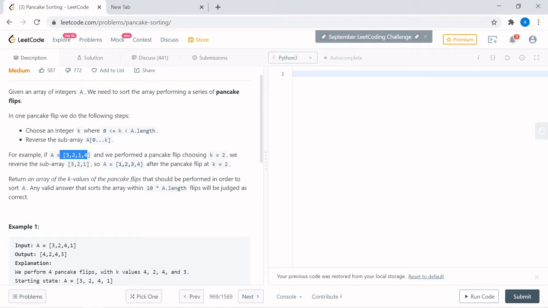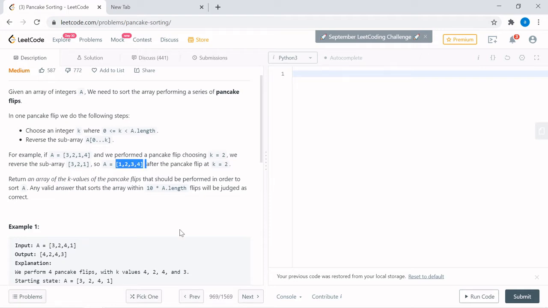Here the input you are given is an array. You are supposed to sort this array. Now you at least know for now that you have to go from a given array to a sorted array. So you have to define the path as to how you will approach and code it up in order to reach the sorted array. So you have to do a flip. By flip I mean, for the input array which you have been given, you have to perform an in place flip in order to reach that sorted array.